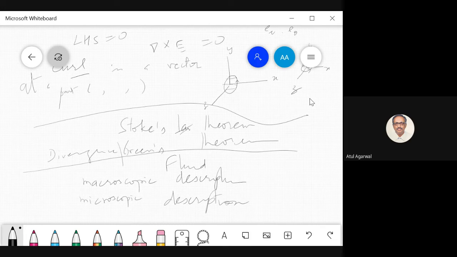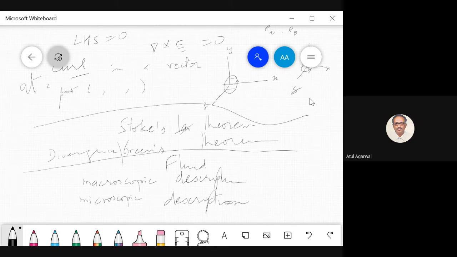If you follow an individual atom, whatever is the work done or forces involved, that will be a complete description. But when you go to continuum scale, you are losing that information, and somewhere you have to explain the deficit. So that is where thermodynamics comes to help you. Okay. So when we are talking of fluid mechanics, we'll be talking of macroscopic description of flow. We are not doing the microscopic description.